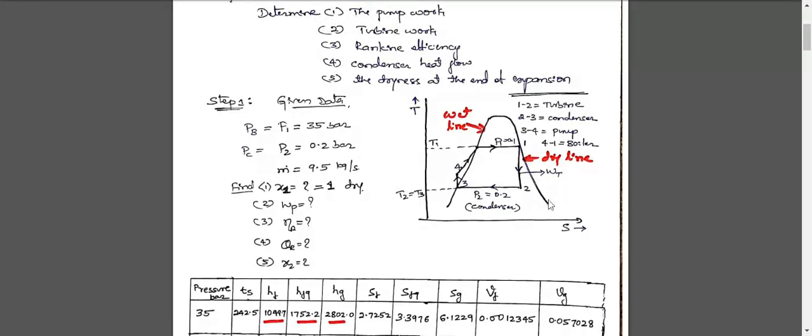For example, if you are taking entropy on this dry line, that is Sg. If you are taking specific volume on this line, it is Vg. If you are taking enthalpy on this line, then it is Hg. So here point number 1 is located on this dry line, so directly it will become Hg. So Hg is equal to H1